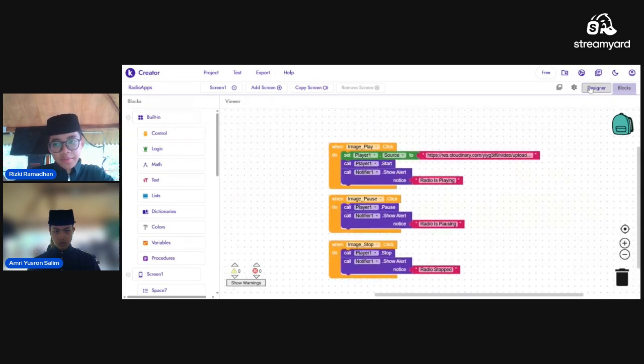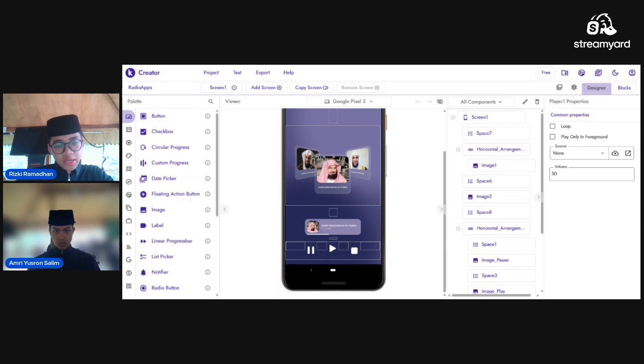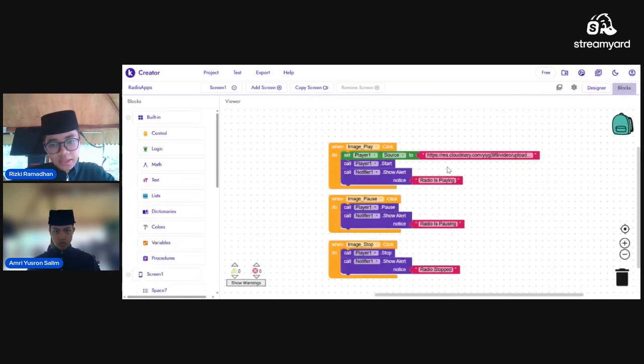When image play, and if image play this, and then is click and set player one to source. This is my cloud here. So I from the YouTube, and then I create this the MP3, and then I upload into my cloud. So if you click this, if you open this to the code URL, and then it's automatically starts open, and then call player one start and call the player show alert notice